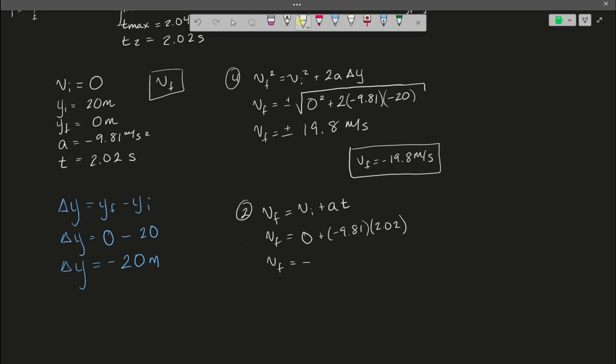And we get negative 19.8 meters per second. So this is the solution. Both of them are correct. And either way you choose to approach solving this problem is perfectly fine. Both of these are valid and correct ways to solve the problem. Honestly, just go with whatever one makes sense to you. And oftentimes, I just pick one